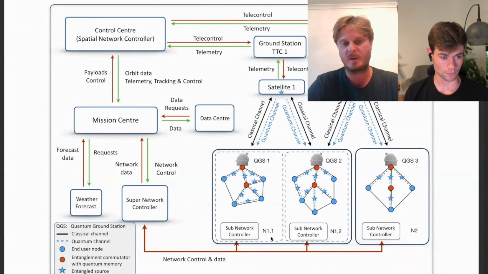company. So okay, the link, I suppose, that's labeled network control and data here would be, let's say, a link that contains the necessary information to run control from the super network controller, but only that kind of information as well, not any additional information containing, whatever these networks might contain.